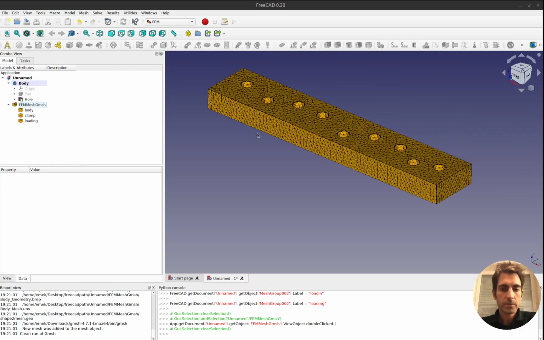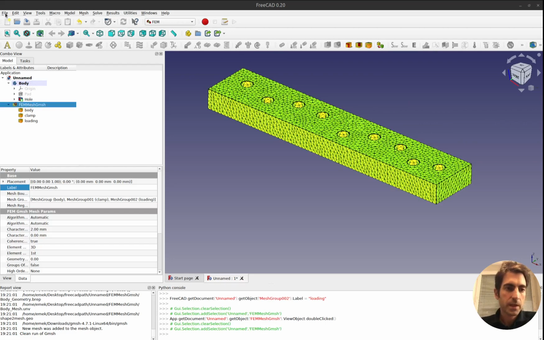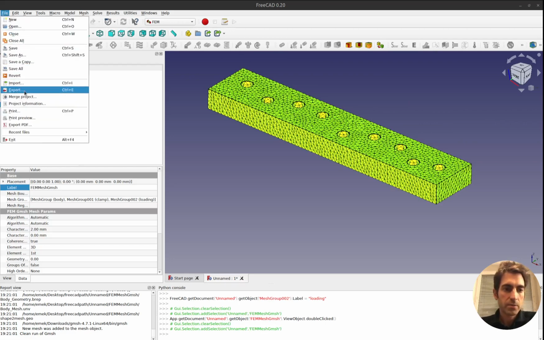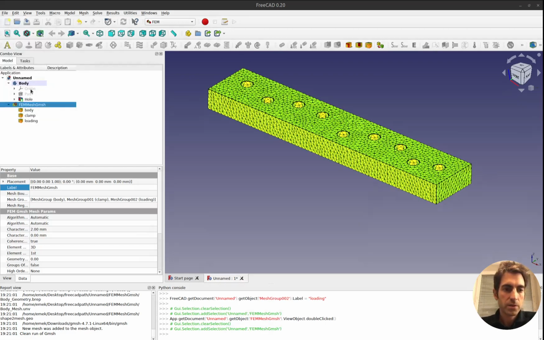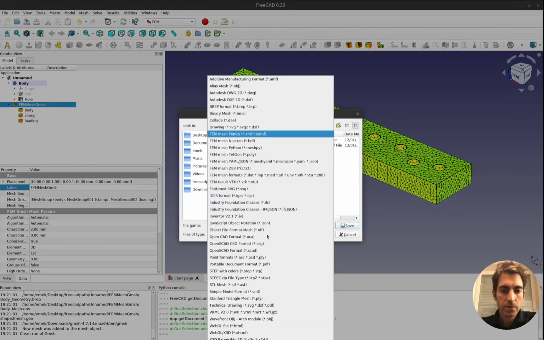So now we're done. That's all we want to have for FEniCS. We want to have a mesh and we want to have the boundary conditions. So now I want to export it. If I select this one, I can go to File and Export. So here I'm choosing Export, and then for this